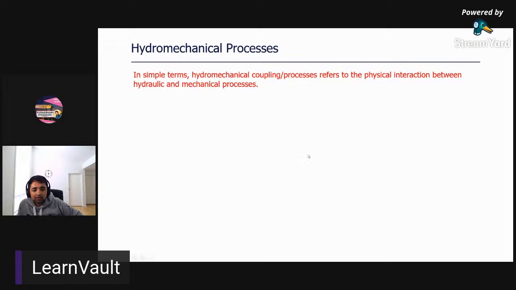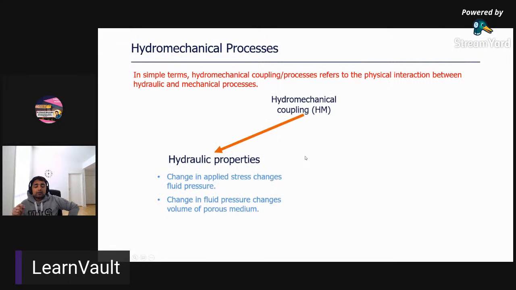But then the question might come, what are actually hydraulic and mechanical processes? In simple terms, we can say that when there is a change in stress on something, it can produce a change in the fluid pressure. And if there is a change in the fluid pressure that changes the volume of the porous media, that is, the changes in the stress and the fluid pressure lead to the expansion or reduction of the pore volume, or in other terms, compaction, then those can be accounted for as hydraulic